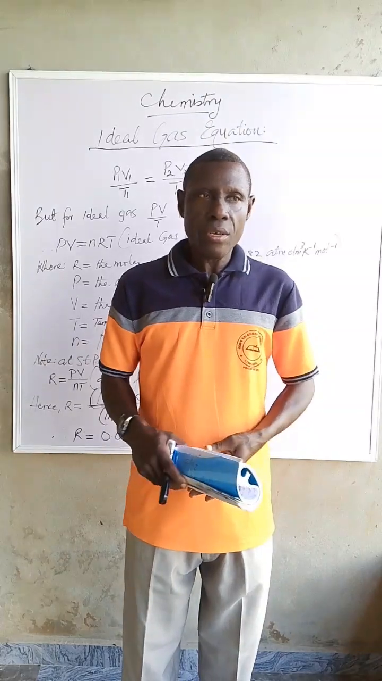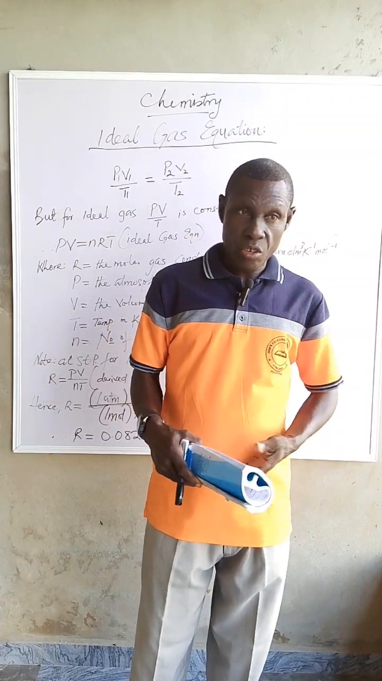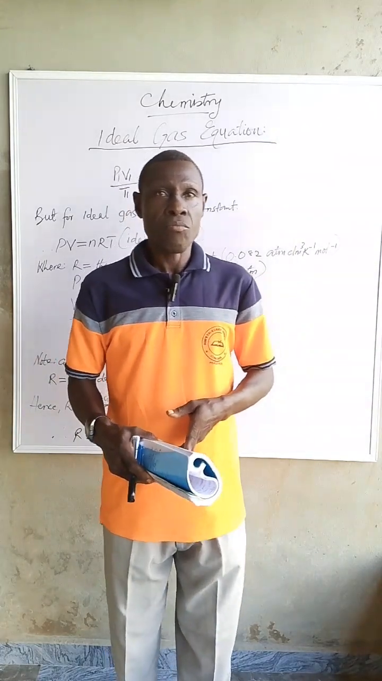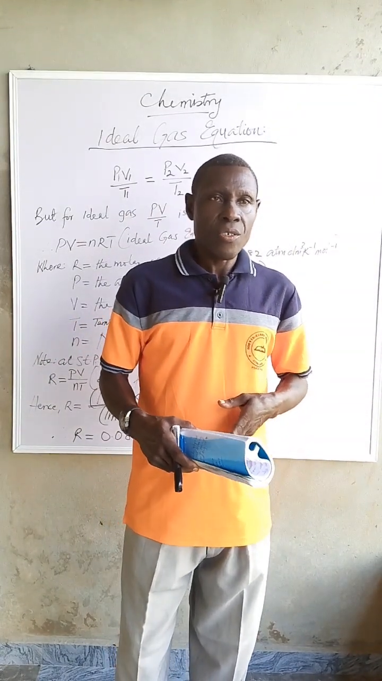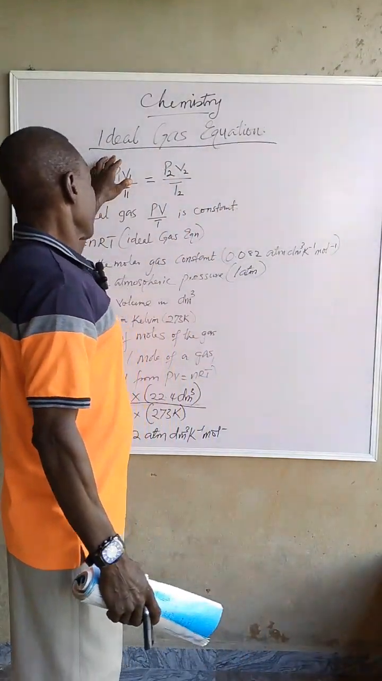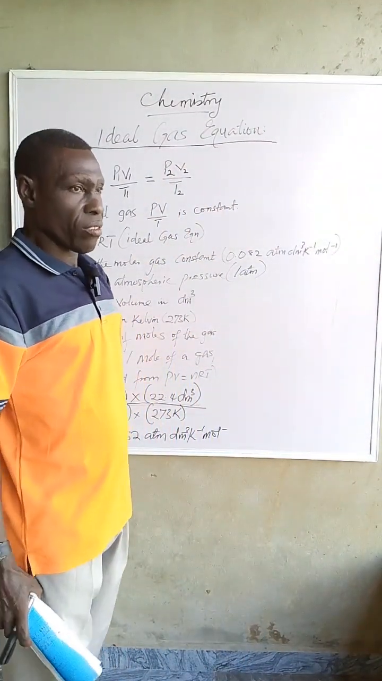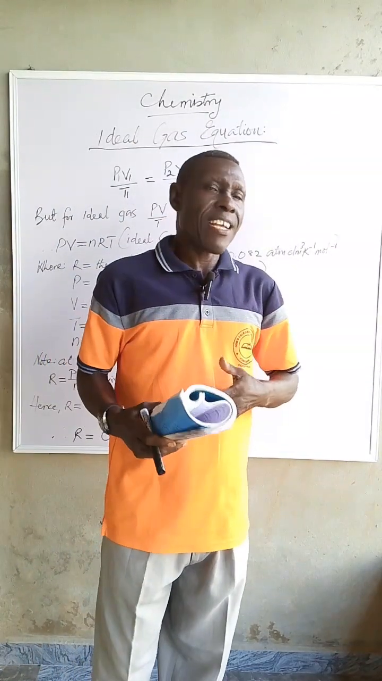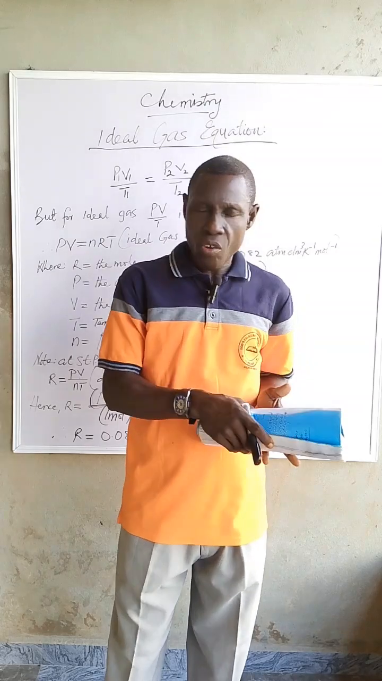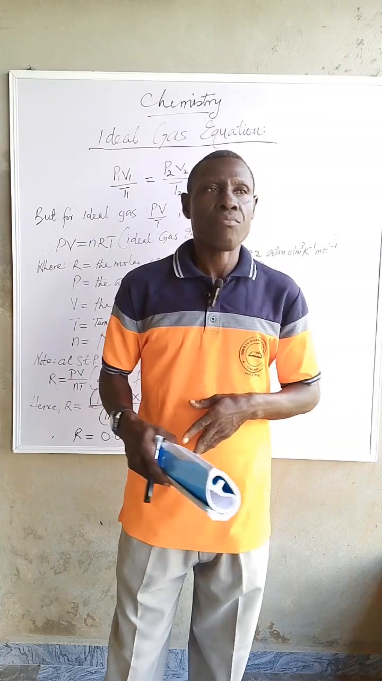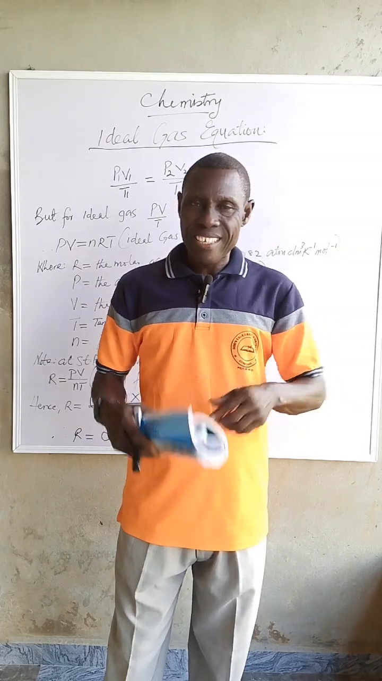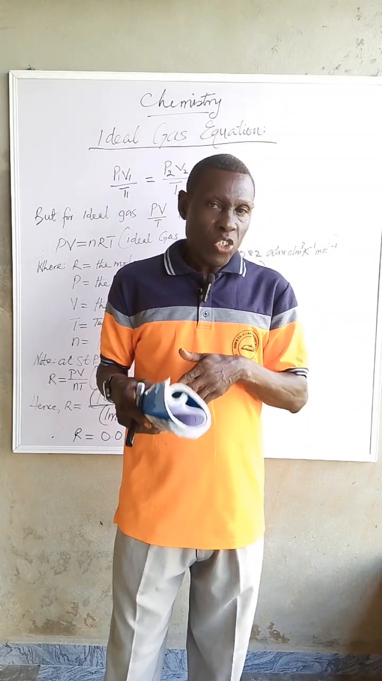My last lecture was on the general gas equation and some calculations based on it. But right away, we shall be discussing the topic titled ideal gas equation. The general gas equation, as we said before, is a combination of both Boyle's law and Charles' law. Boyle's law states that the volume of a fixed mass of gas is inversely proportional to the pressure,